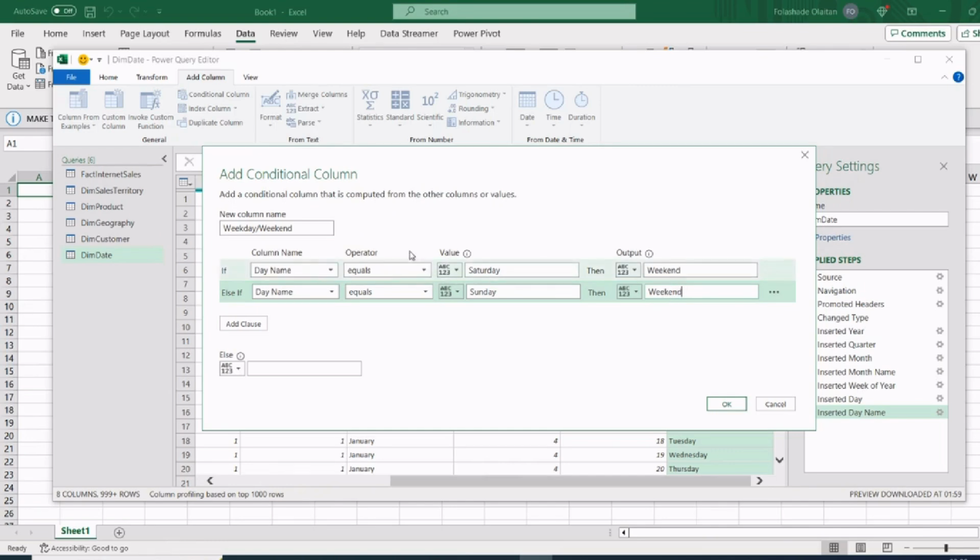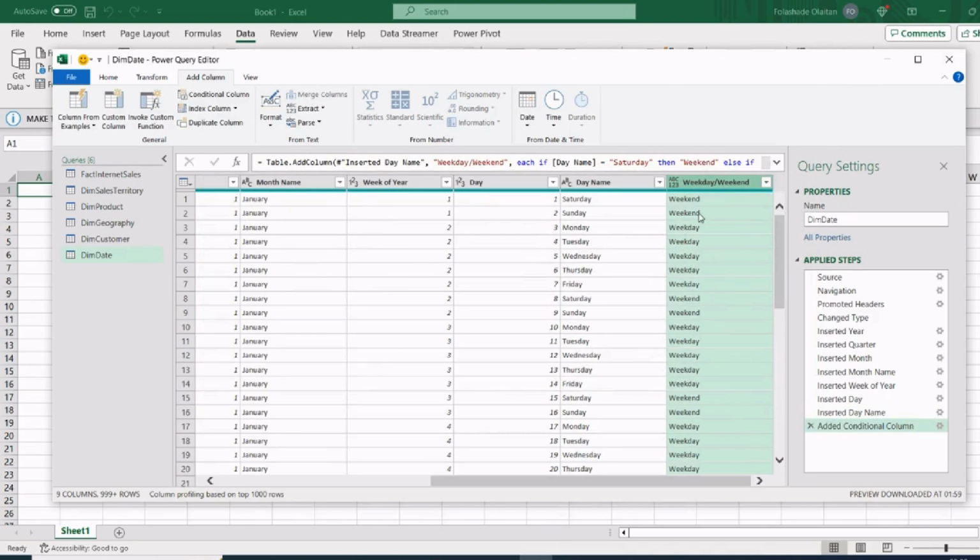Else, if it is not any of these, then it's a weekday. And then here I can click on OK. So we see that here, Saturday weekend, Sunday weekend, Monday weekday, Tuesday weekday, like that. Now, I'm done with this